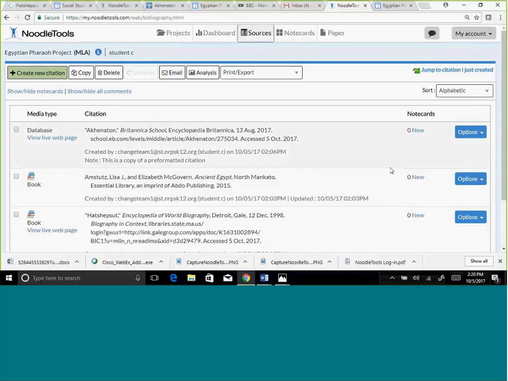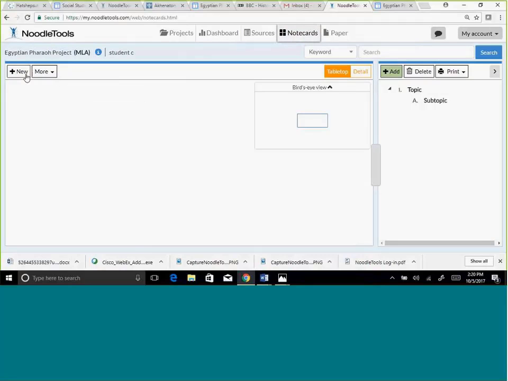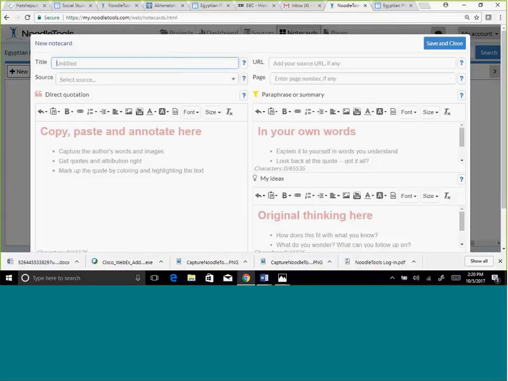Great as well. And you write digital notes, right? Yes. Yep. So at the top, next to sources, you click the Note Cards tab. Here you can click New, New Note Card. And what's great with Note Card is you can see there's a section for direct quotations, a section for paraphrasing, and a section for original thinking and own ideas and thoughts. Students are less likely to plagiarize because